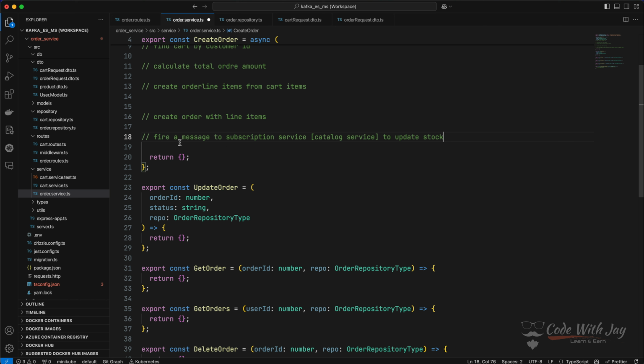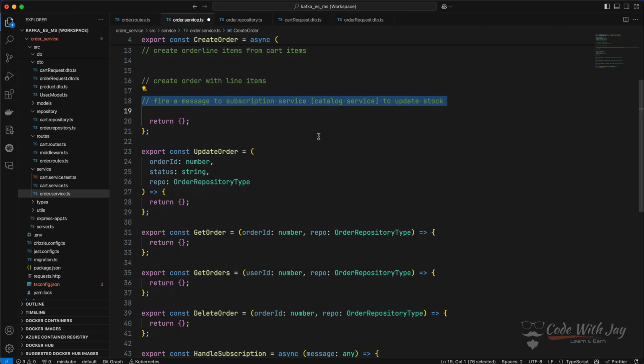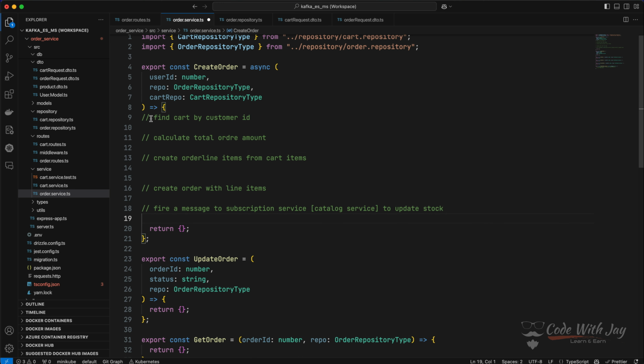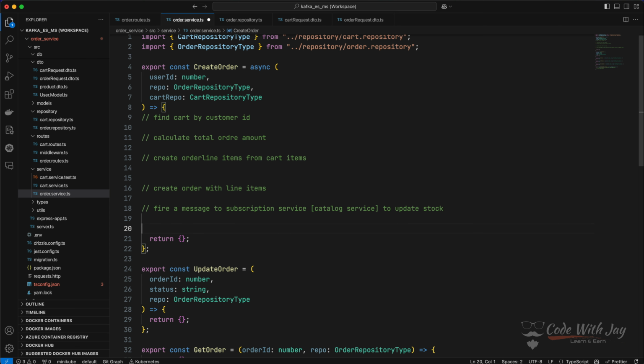And finally, if everything is going well, we don't care about whether this is fired or not, because this is totally a loosely coupled call. It is going to fire to our message broker, right? So it's up to the message broker's responsibility. While it is going to consume this event, then deduct the stock, we don't care about it at all, right? So we only care about the state, right? So find the cart, calculate the total order item, right? Then create the order line items, right? Then create the order, fire the event, and return